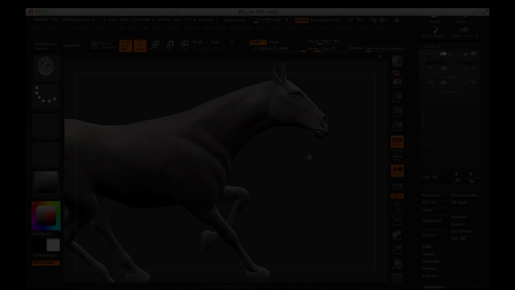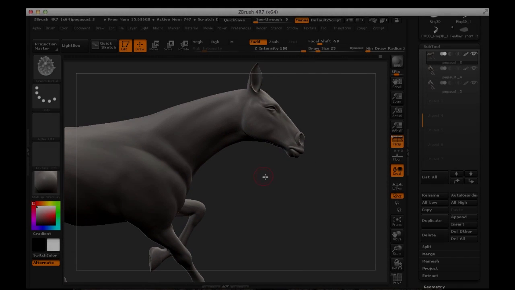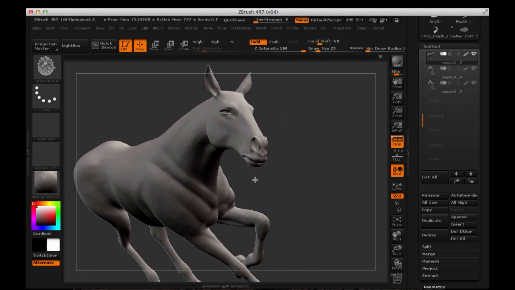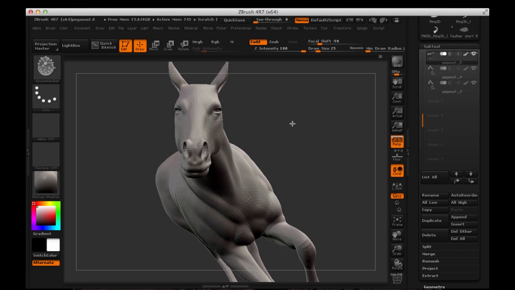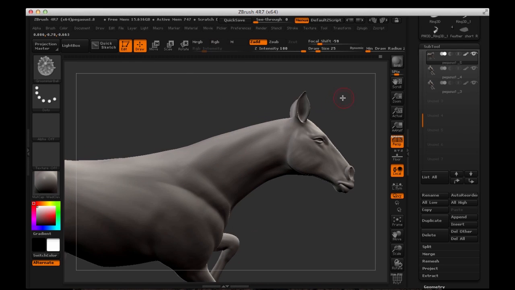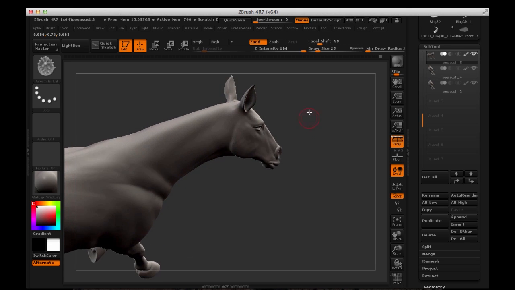My name is Ricky, and today I'm going to be going over a little technique for creating hair in ZBrush for R7. First, I'm going to touch on a bit of an older method. It's not that old, but well, I guess it is. We're going to look into some Fibermesh real quick, and